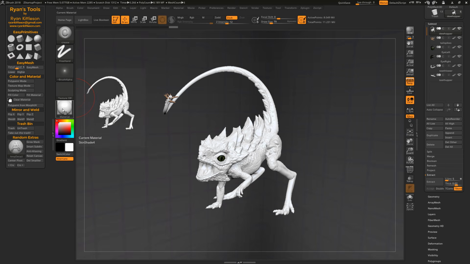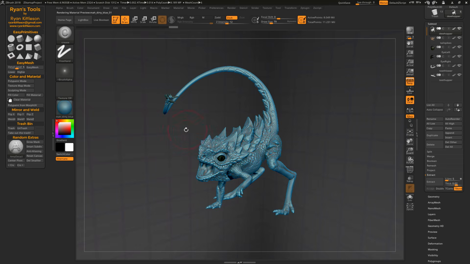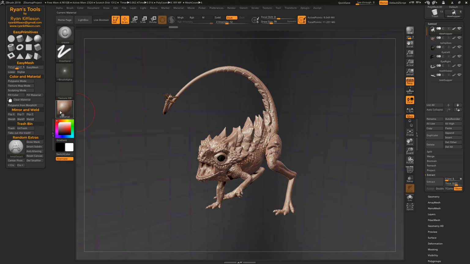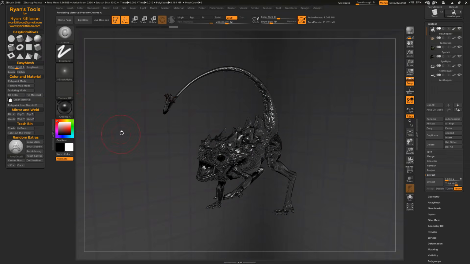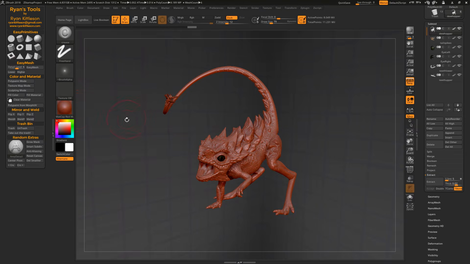And then also fill material. So let's say you want to change this to some other material. There's not currently a material applied to this, so that's why I can just flip to all these different materials. But let's say I want to apply one of these. So I just go to fill material, and now that's locked on there. So any materials that I change, it doesn't actually change the material on the body. So what if I want to clear that and reset it to the way it was? Well, I just click clear material, and now I'm back to where I was,